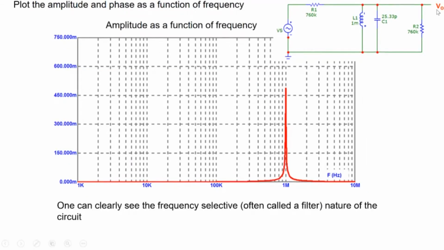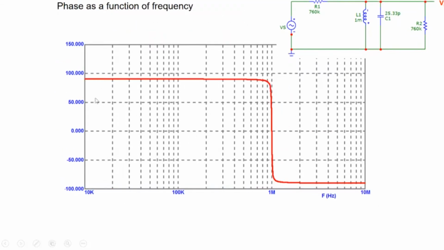By the way, the voltage that you get here is of course sinusoidal, and we have discussed it has an amplitude which depends on the nature of the circuit, and also has a phase. So we examine the phase. This is how the phase of the circuit looks. Note that we are looking at the phase of the output, or the angle of the output. We have been seeing in the earlier lectures how to do phasor analysis, and so the output has an amplitude and an angle. The angle is what we are calling phase. And so we see that phase is like 90 degrees here. So the phase of the output is 90 degrees